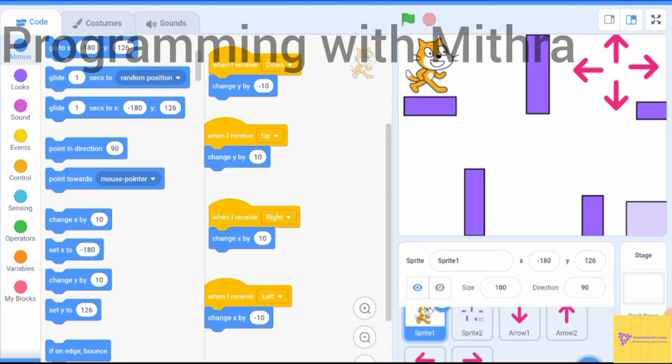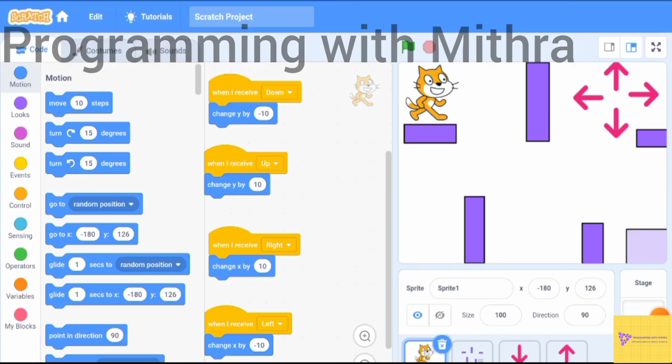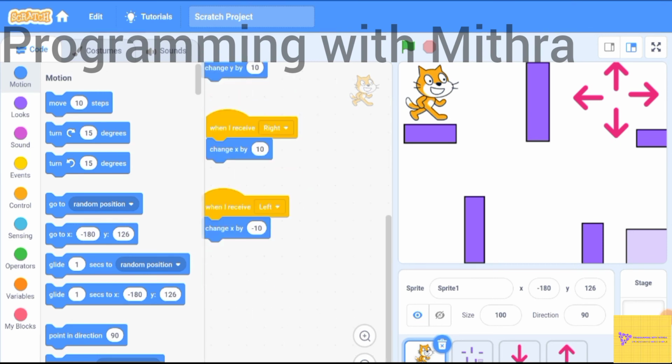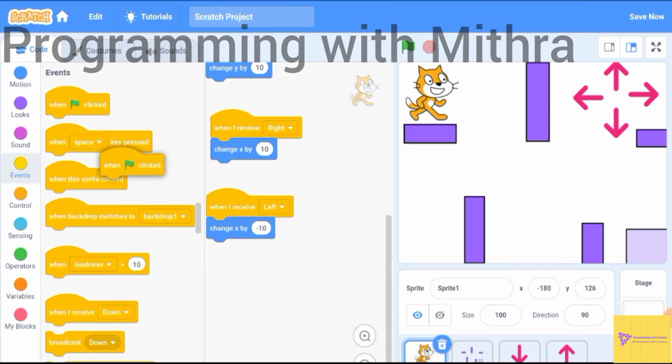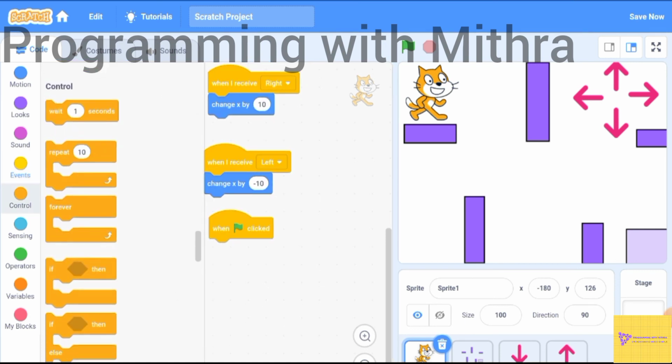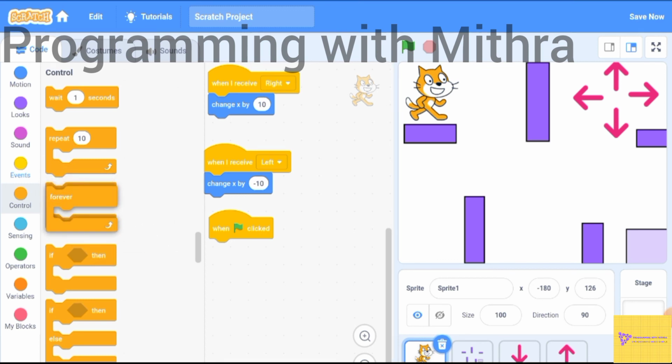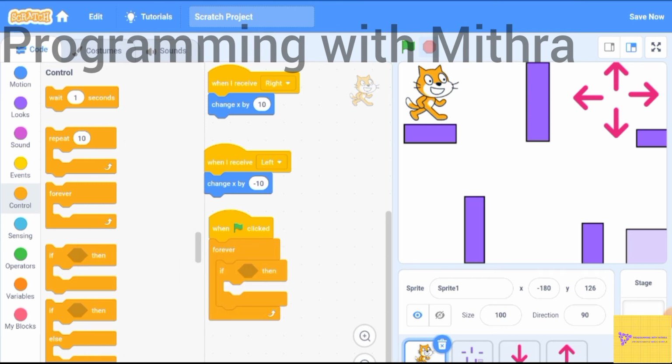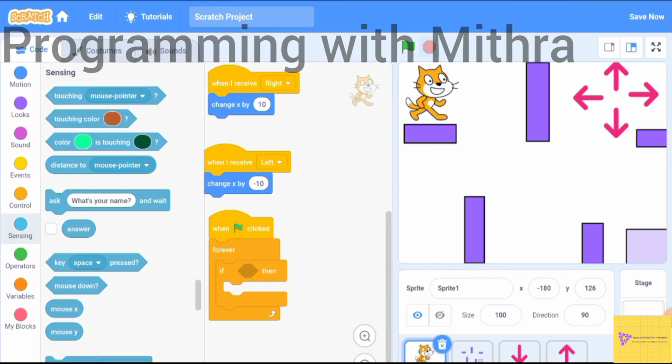So we should prevent this cat from touching the wall of the maze. For that, we have to go to the Scratch Cat, and when the green flag is clicked, go to control, and bring forever and if block, and go to sensing. If touching right 2,